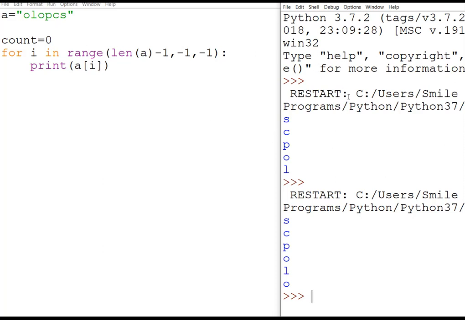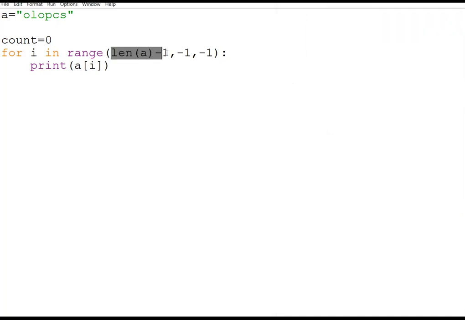Any doubt? Again, I am repeating. First I was printing from 0 till 5. Now I am printing from 5 till 0. By default, the range function is always incrementing, so if you want it to decrement, you need to give the step manually or explicitly. I hope this is clear.